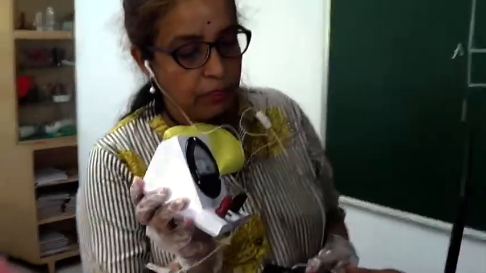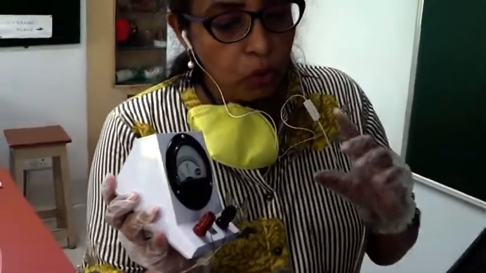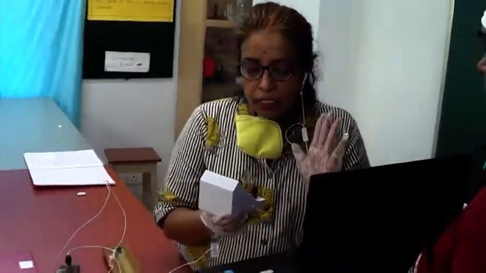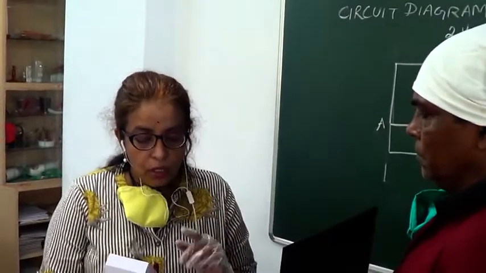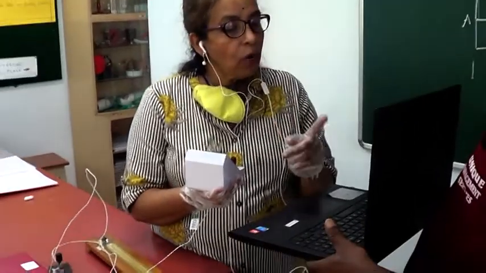This is a voltmeter which is being shown here. What I am going to do is show you how to calculate the least count. Already you have done that part. Now please, you cannot see this. From 0 to 0.5 volt there are 10 divisions. So 1 division is equal to 0.05 volt.